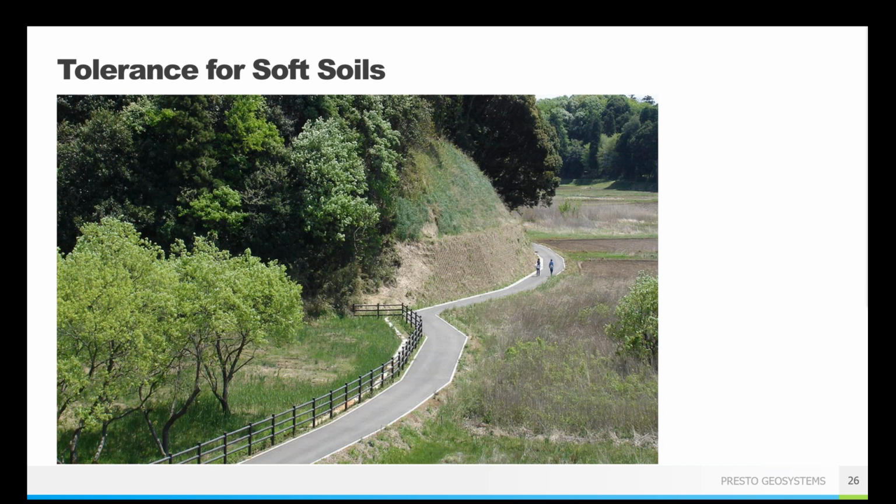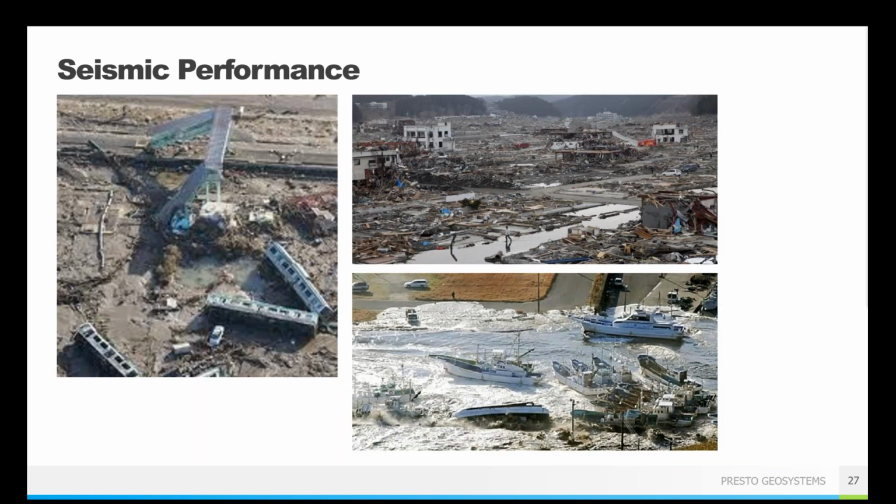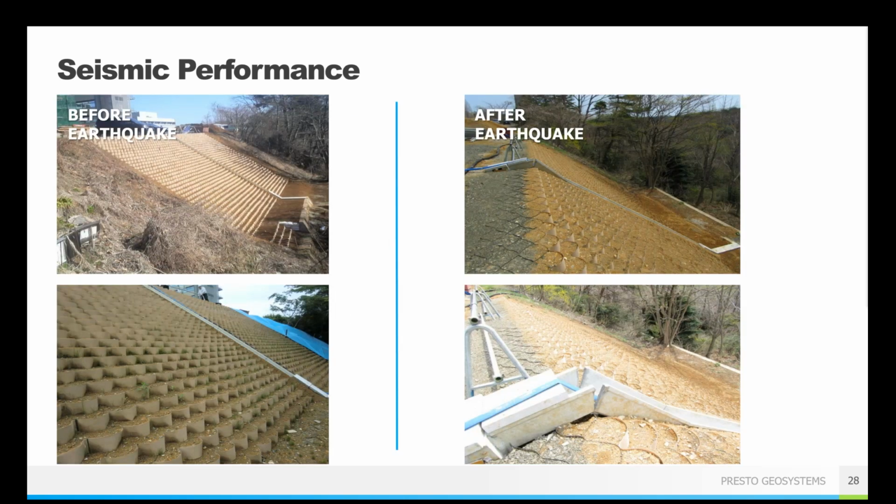So this slide, it's been, gosh, a number of years now, but we can all remember the very large earthquake and tsunami that hit Japan. The Fukushima disaster was obviously a disaster. But the GeoWeb walls have been proven to be able to resist tremendous earthquake forces and are one of the preferred solutions for dealing with those types of seismic issues. So this was a wall that was in place not directly in the path of that tsunami, luckily, but in the area that felt pretty significant seismic ramifications from that earthquake that happened.